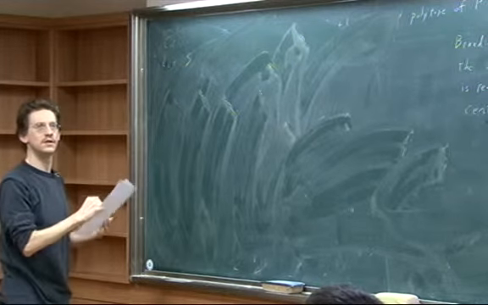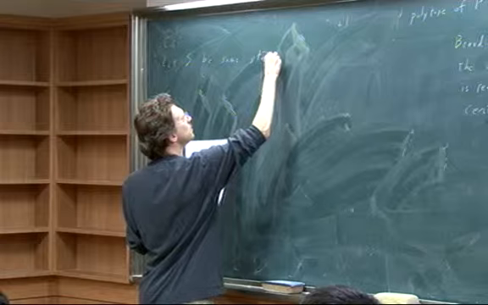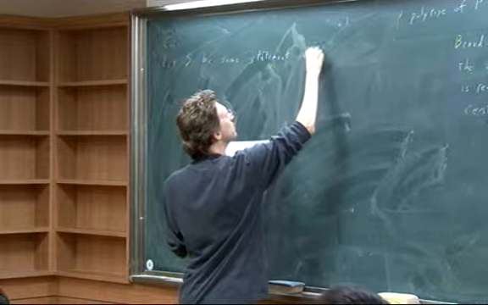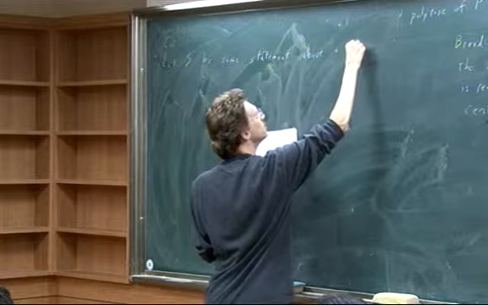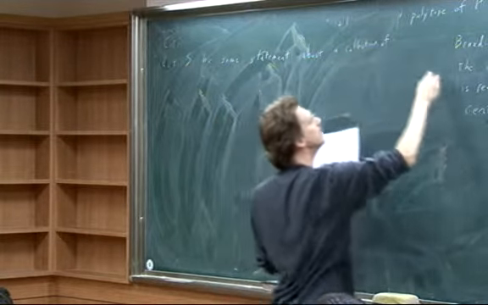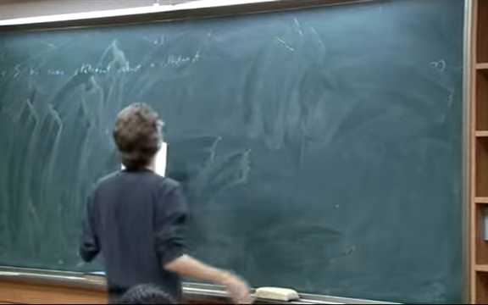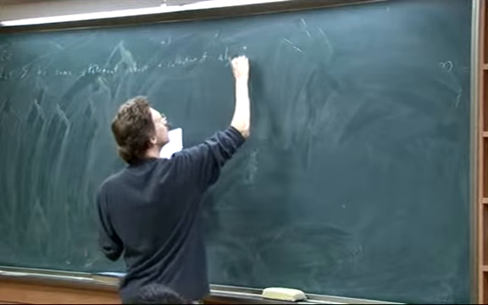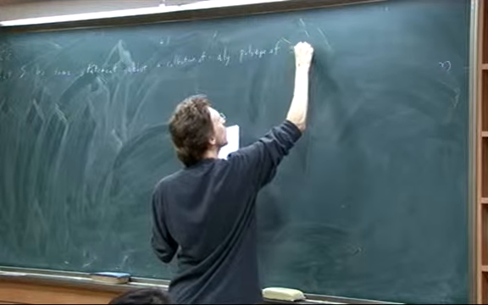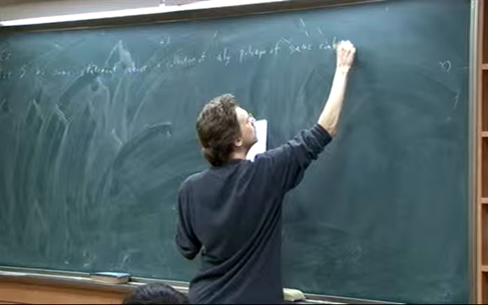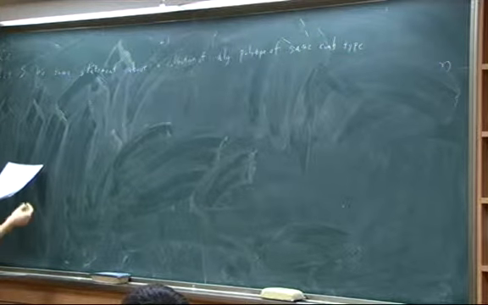Let S be some statement about a collection of algebraic polytopes of the same combinatorial type, such that